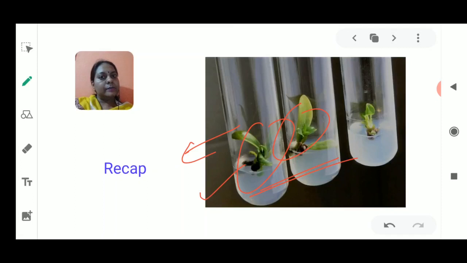At last, grafting was there, where one scion and stalk were used. We take two plants. One plant has a good root system and the other plant has a good shoot system. The plant with the good root system is known as the stalk, and the plant with the good shoot system is known as the scion. The scion is grafted over the stalk, because the stalk has an extensive root system, so it absorbs the nutrients and minerals.